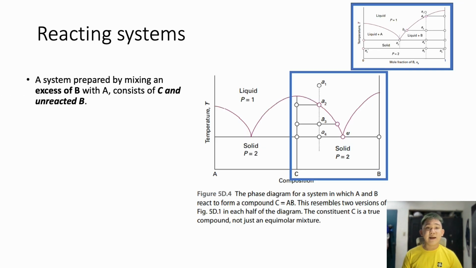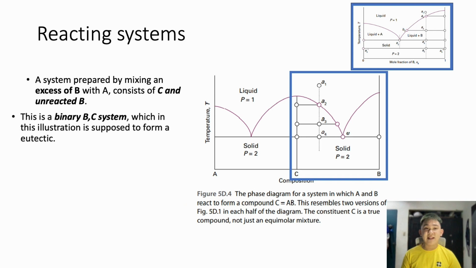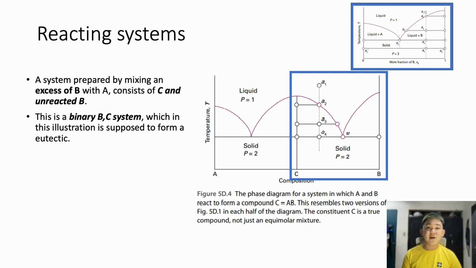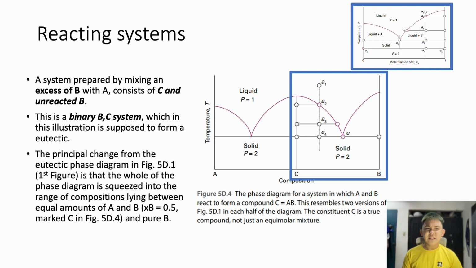Now, a system prepared by mixing an excess B with A consists of C and unreactive B, where B in excess is therefore the excess reactant, with A as the limiting reactant. So this system is a binary BC system, which in this illustration, as seen on the right, is supposed to form a eutectic. The principal change from the eutectic phase diagram in figure 5D.1, the first figure, which is here illustrated above,